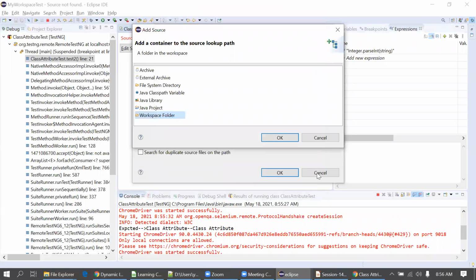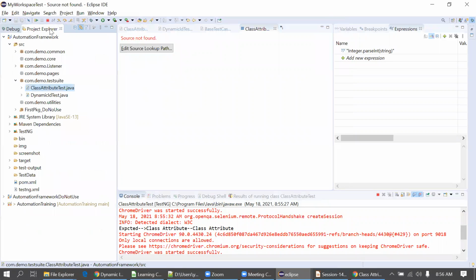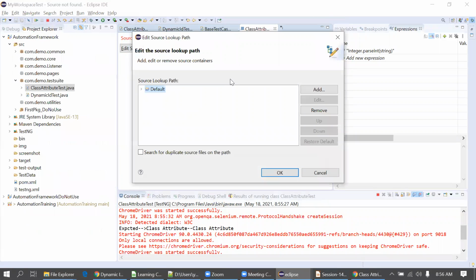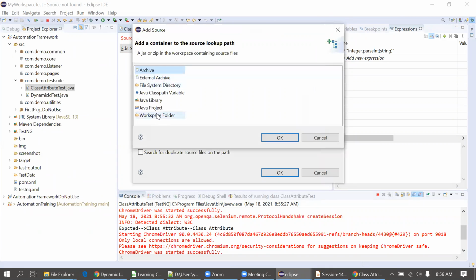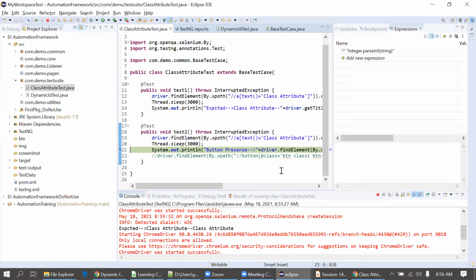Let me close this window. Yeah, it's automation framework. So I'll remove this and add automation framework here, then src. Click on OK. Okay, the breakpoint came here.